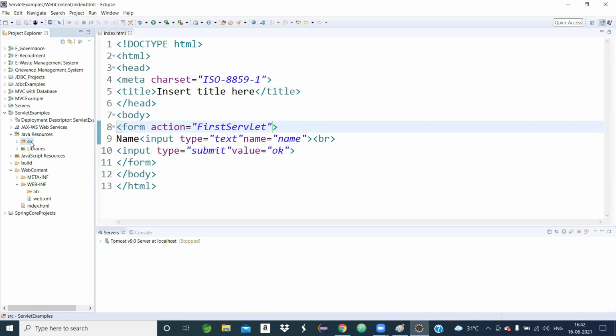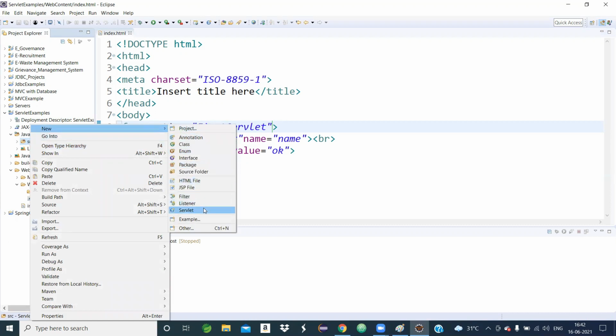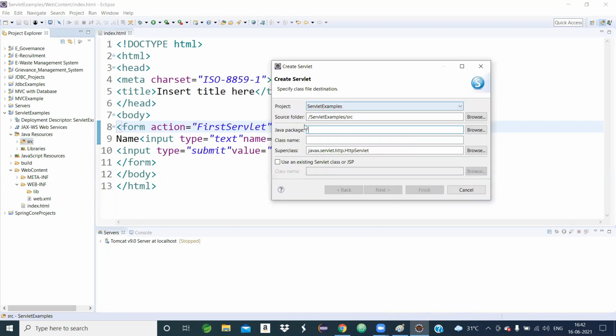How am I creating a servlet? Just see. Right click on the src folder, then New, and the Servlet option automatically comes. Click on that Servlet option. Then many options come, the Java package and the Java class name. Whatever package name you give, there is no problem. Suppose I give Ceylon.